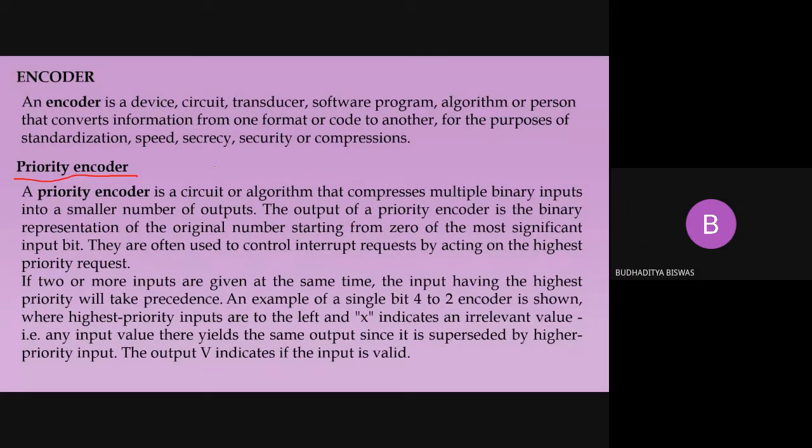So as this is the main priority, you have to close the door first, you have to close the window first. This is called the priority encoder. Whatever the device is, it depends upon which action needs to be done at this time. This is called the priority encoder. Got it?